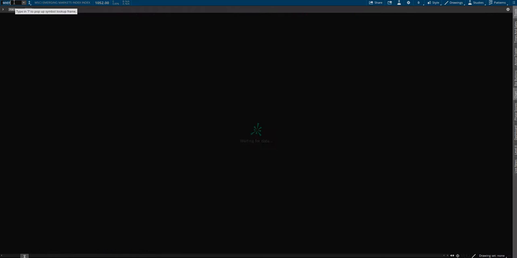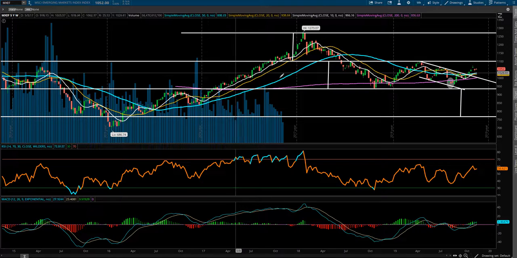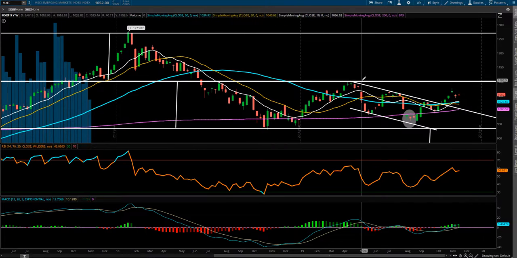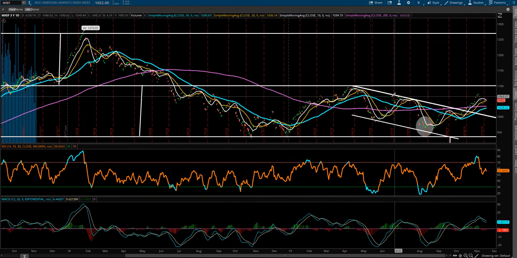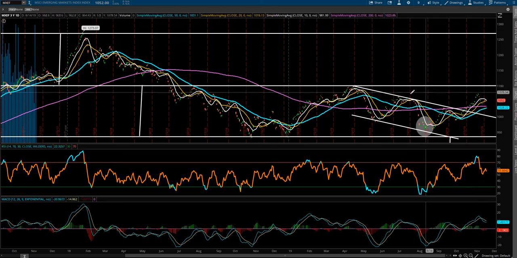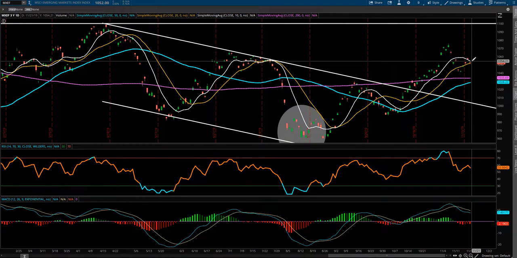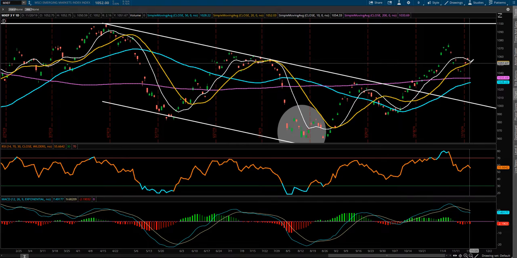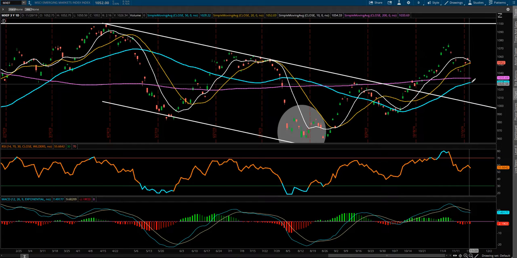Also want to jump in here and take a look at the emerging markets. So we'll take a look at MXEF, the emerging market index. We had that downward channel that we talked about make that breakout here. It is continuing to drift here to the upside. The really important level is still at 1100. And one of the things that you will notice here when we look at this on a daily chart is that the 10 is above the 20, which is above the 200, and the 200 is above the 50.